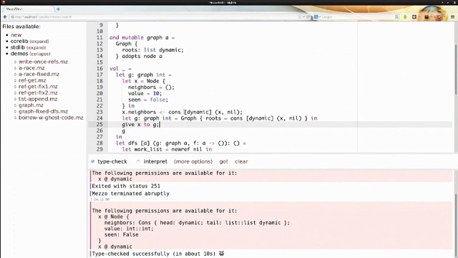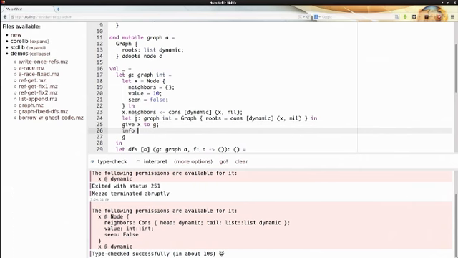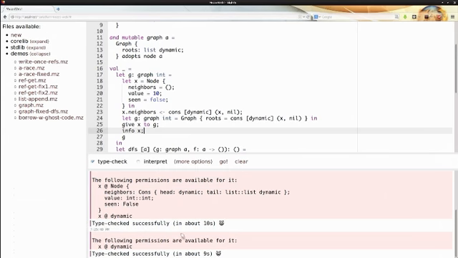How is that type checked? I see that g is a graph. Graphs adopt nodes. x is a node, so it's legal for me to give x to g. And after that, now your ownership is about data owning data. Usually ownership is about code access, right? Absolutely. Objects are allowed to own other objects. And now it tells me that at this program point, the permissions that I have left